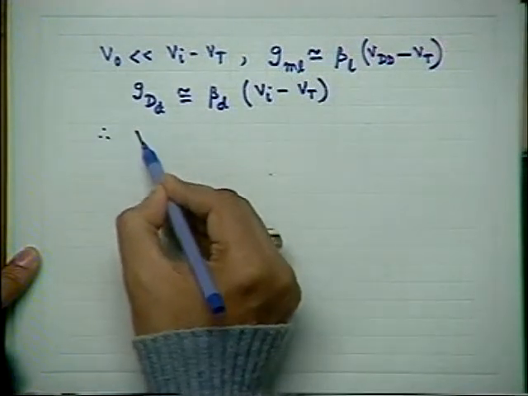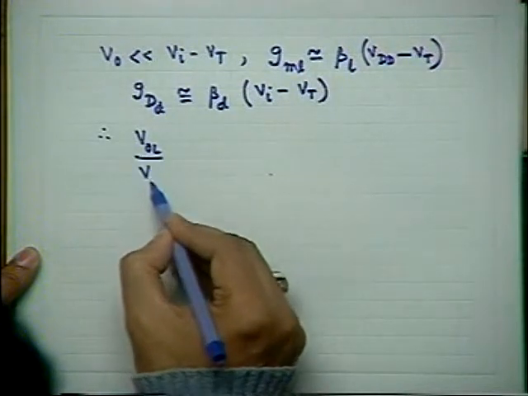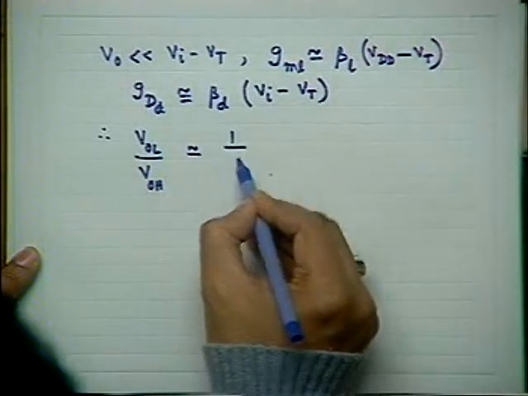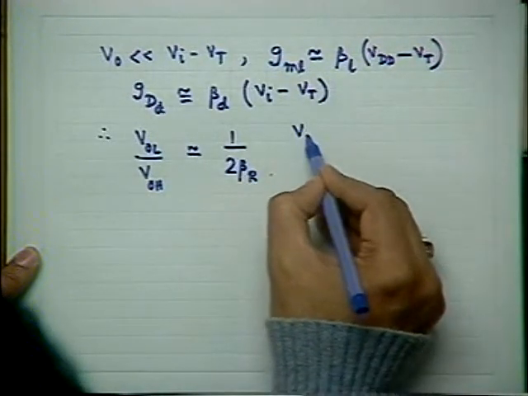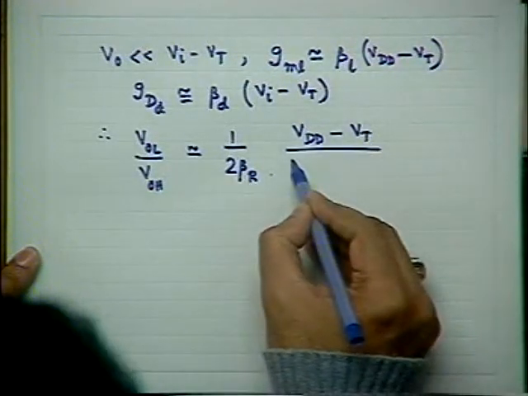Therefore, VOL can be obtained approximately as twice beta R into (VDD minus VT) divided by